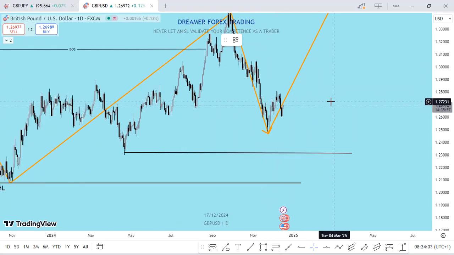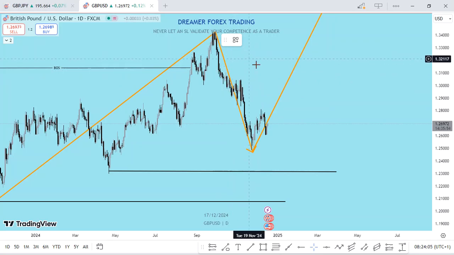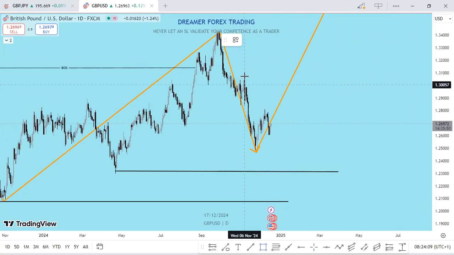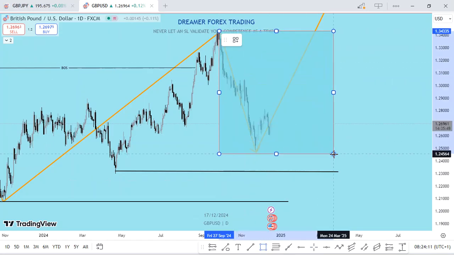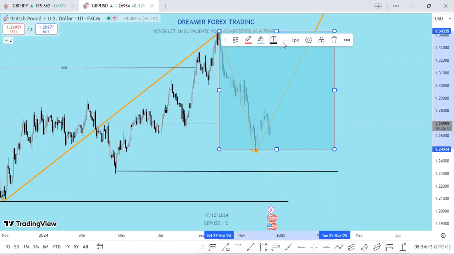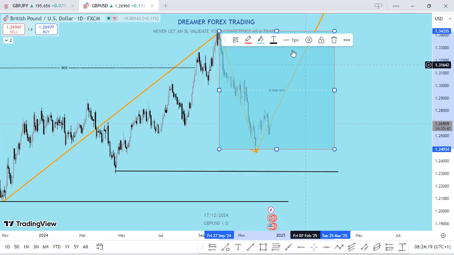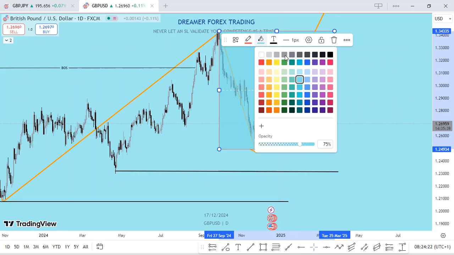So at this point, it will be more ideal for us to be looking out for buy opportunities, because if we mark out our premium and discount levels, which is, let me just use this tool, let me get the middle line. So you can see that at this point we're currently at discount. Let me change the color. We're currently at